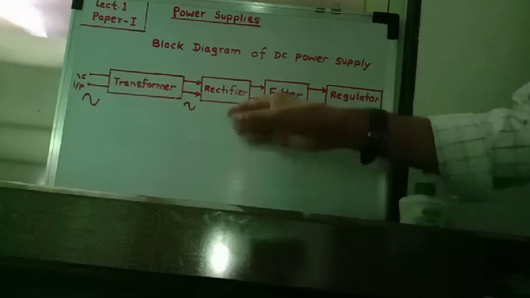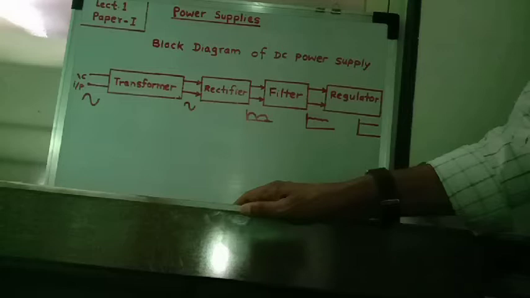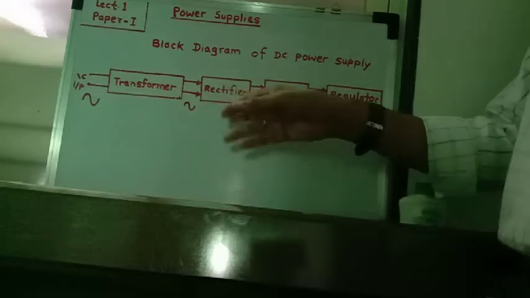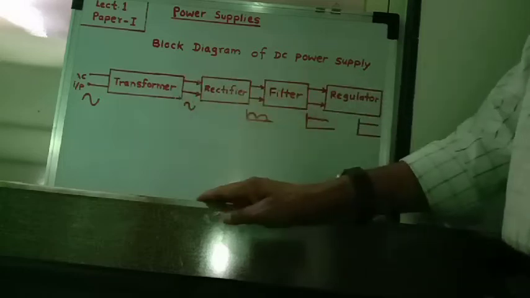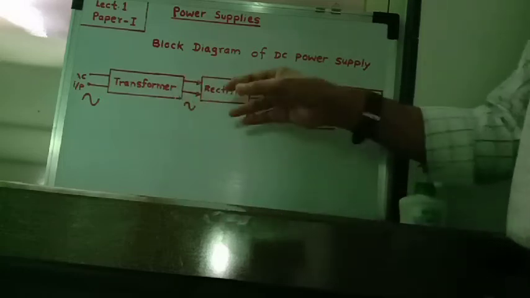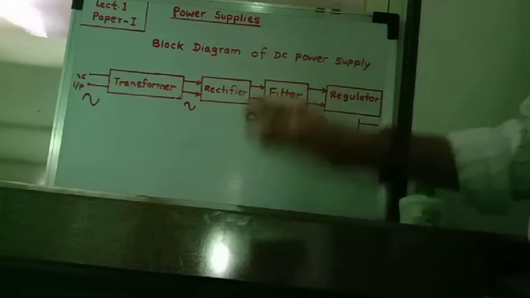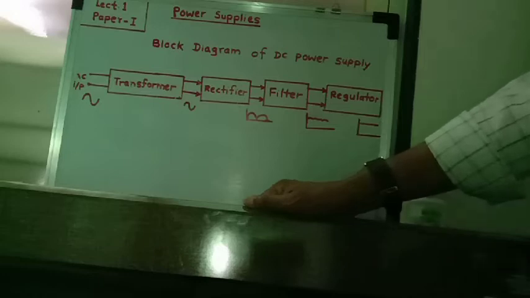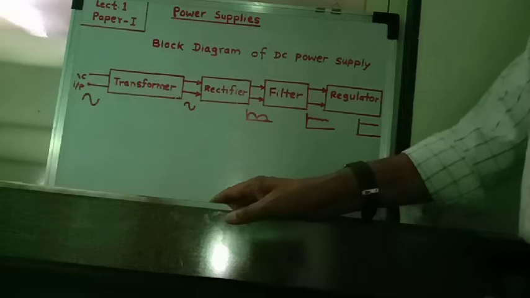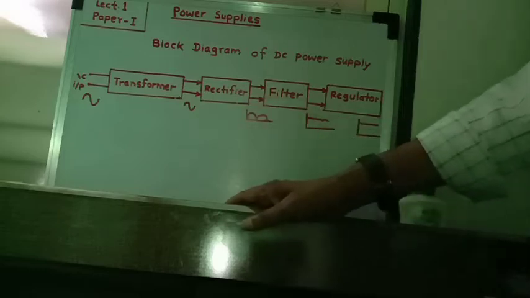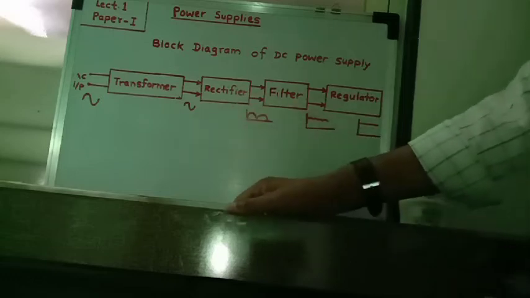Okay, this rectifier converts AC into DC. In a half wave rectifier circuit, only one diode is used. In a center tapped rectifier circuit, a center tap transformer secondary is used, and two diodes are used. In a center tap full wave rectifier, two diodes are used, and in a full wave bridge rectifier circuit, four diodes are used, and in this bridge rectifier, a center tap transformer is not required.